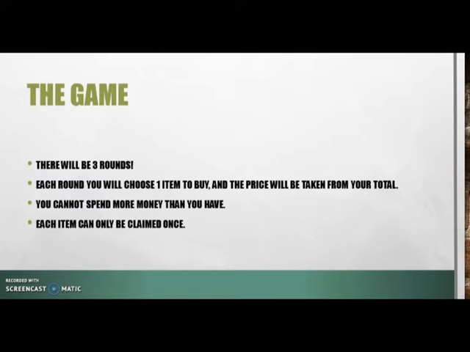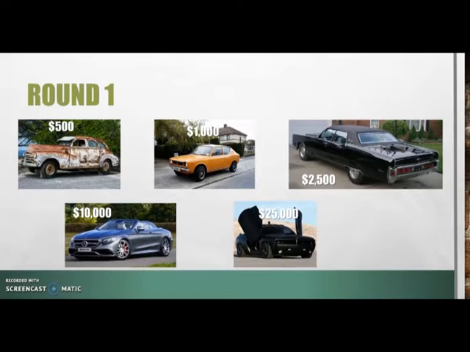We then went on into our game where they were presented with 3 rounds of items: a car, a house, and a vacation. And each of the items, as you can see, had a different price based on the quality of it, which of course I came up with arbitrarily. So each item could only be claimed once. So if a student had already claimed it, then the next person wasn't allowed to claim it, they had to